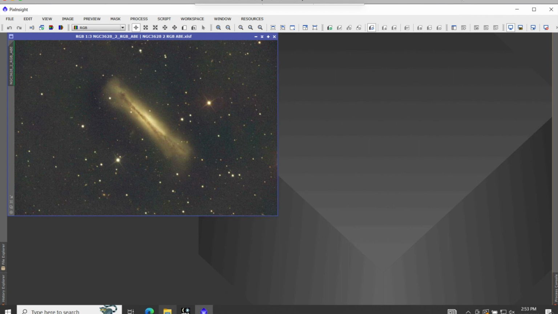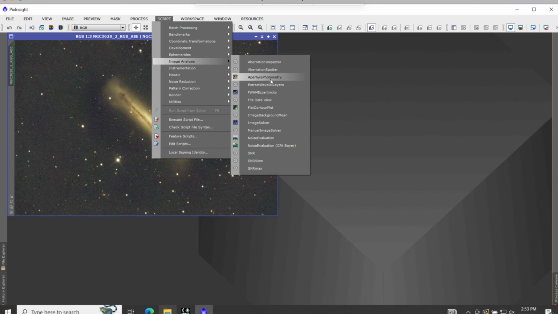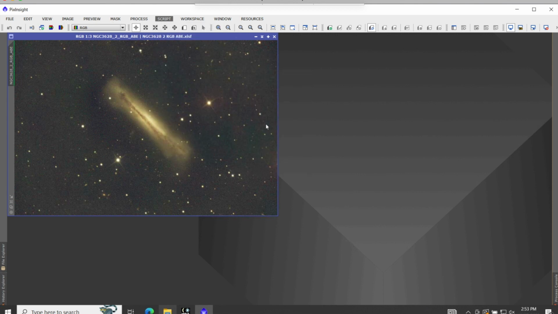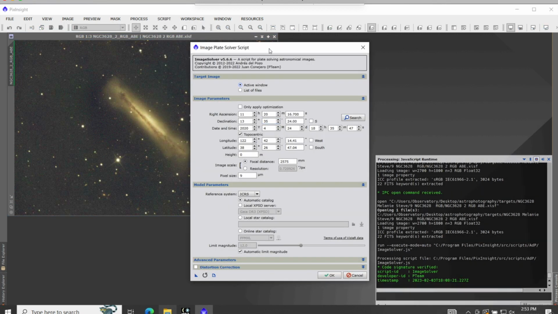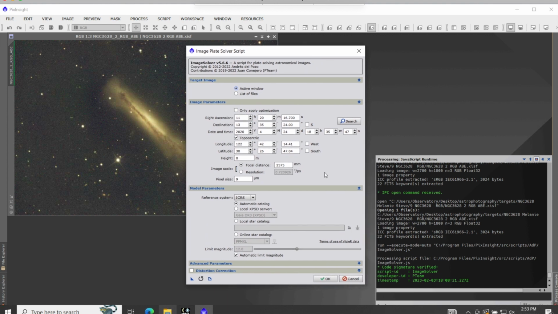So the first thing we're going to do is image solve, and that means getting the right ascension and declination. This is not a process, this is under Script, and we're going to go to the category Image Analysis and then Image Solver. This brings up this script here. Drag that over a little bit. It's kind of got an idea of where we are, but we're going to get very precise information here. And I'm going to drag this over so we can see what's happening with the process window. You click OK,